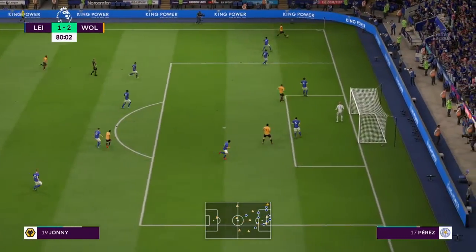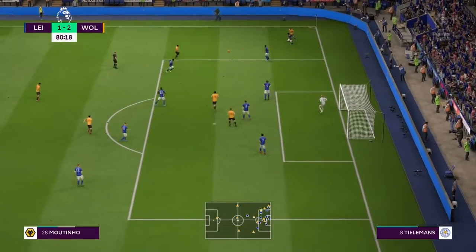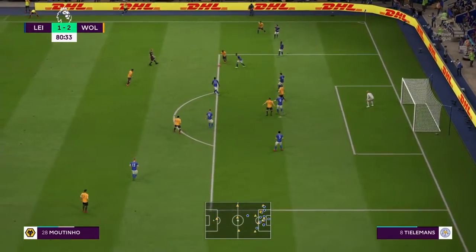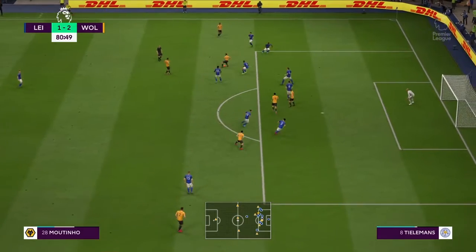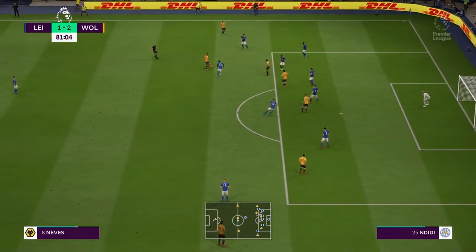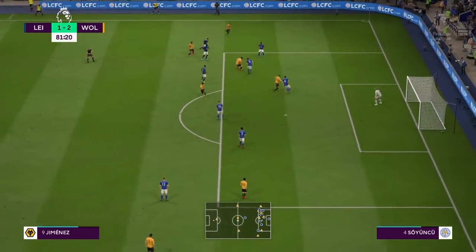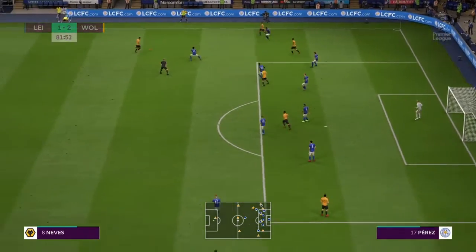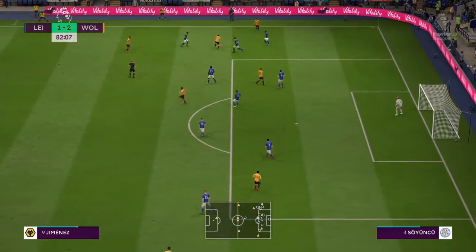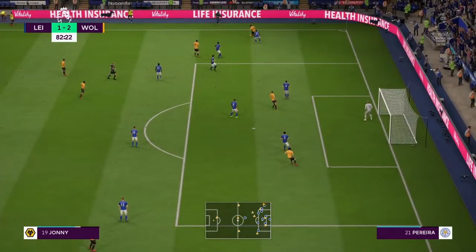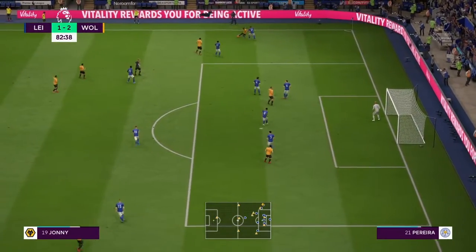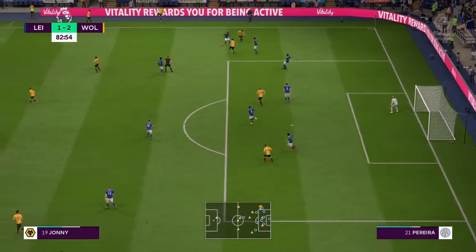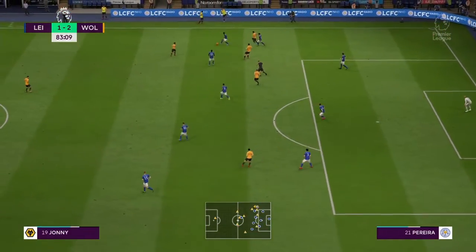Johnny Otto. Will he whip across him, or will he just keep a hold of the possession? He finds Moutinho, Neves. Moutinho, the Portuguese connection again coming into play. Jimenez with the ball, he finds Johnny as well. Neves. Jimenez. Johnny, could he find a cross here? No, he doesn't. Wolves really just running the clock down with this possession-based play, but Leicester have finally snatched it